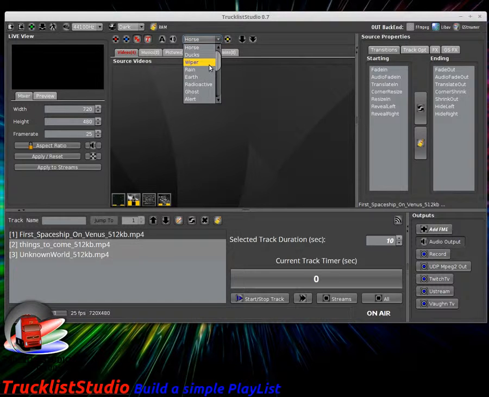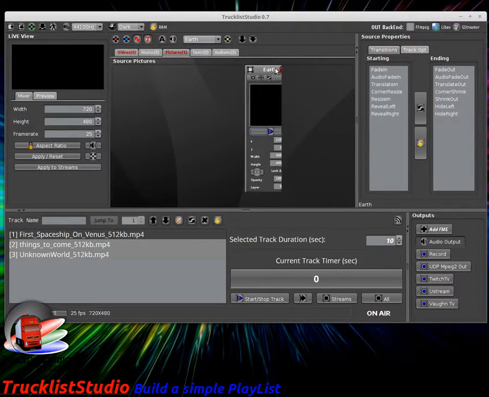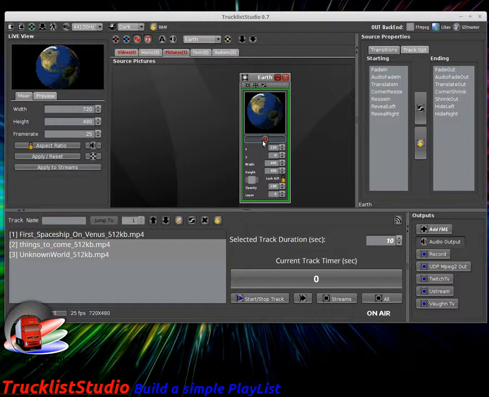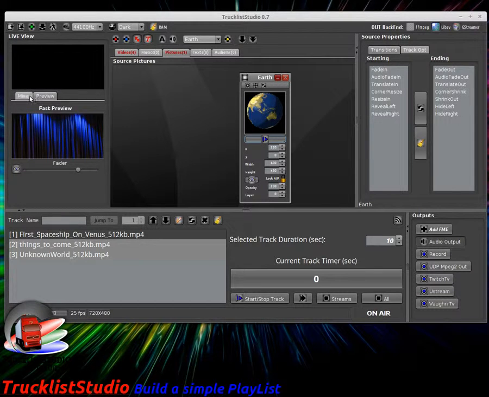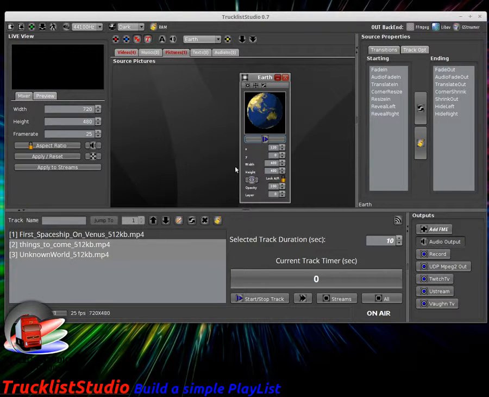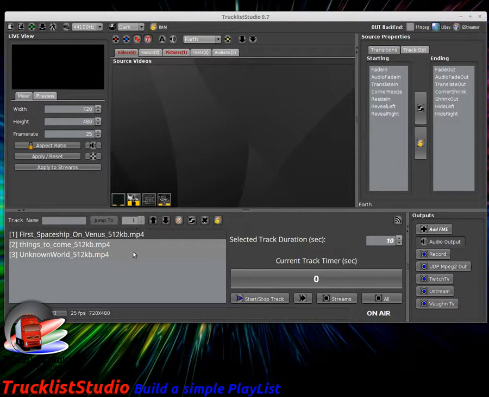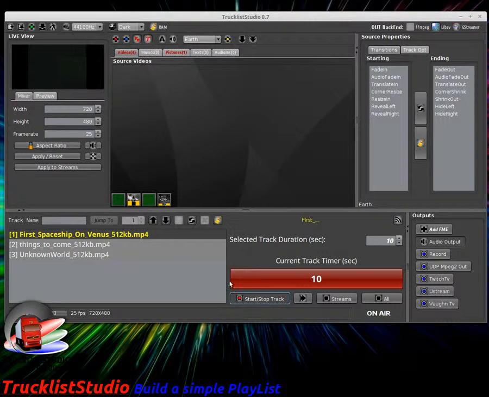Let's say we want to add the Earth. Okay, the picture tab will be populated. I can see Earth. Okay, let's say we want to put this as my logo. I can play this animated GIF over the pictures. If I play the first track,